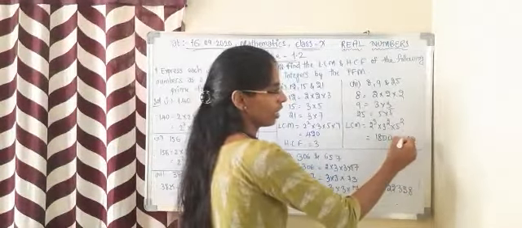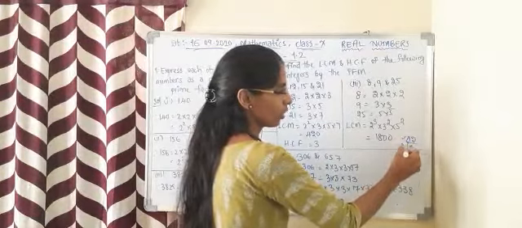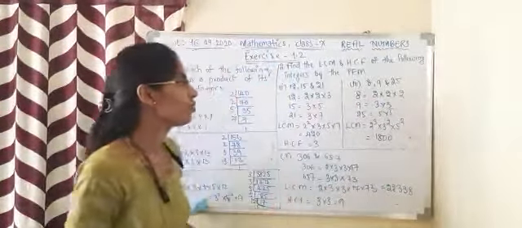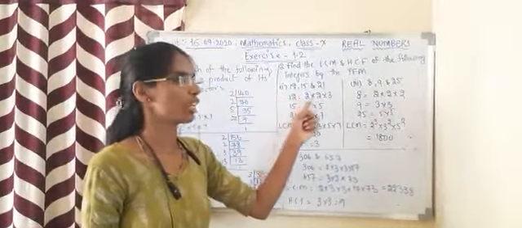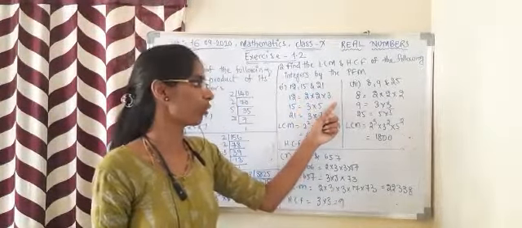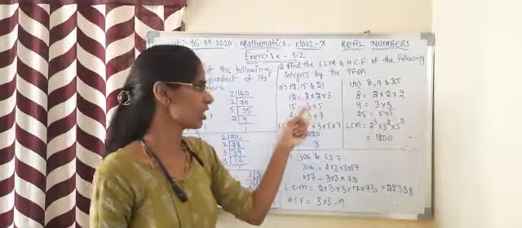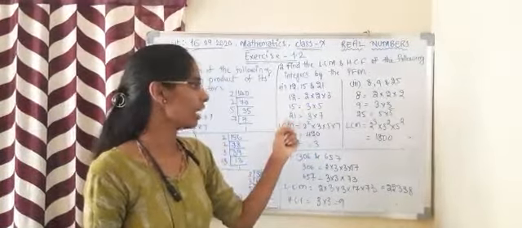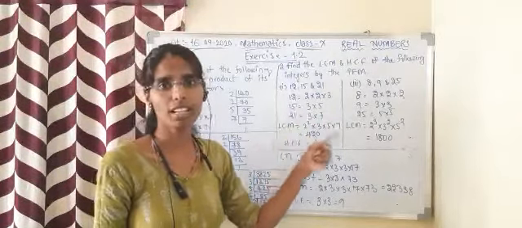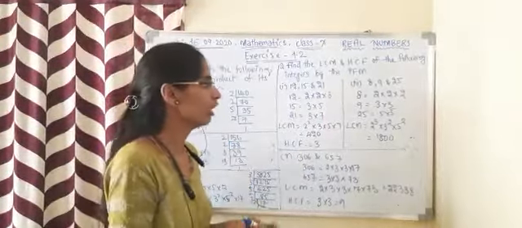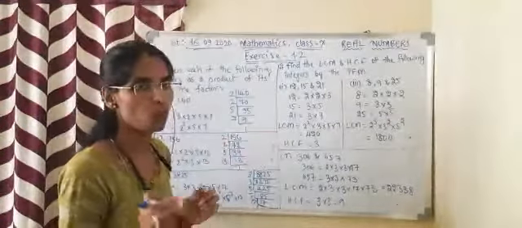12. This can be written as 2 sixes are 12, 2 threes are 6. That is 2 into 2 into 3. In the same way I have done all of them here. 12 can be written as 2 into 2 into 3. And 15 can be written as 3 into 5. 3 fives are 15. These are all prime numbers here. And 21 can be written as 3 into 7. We don't have any other factors of 21 here.